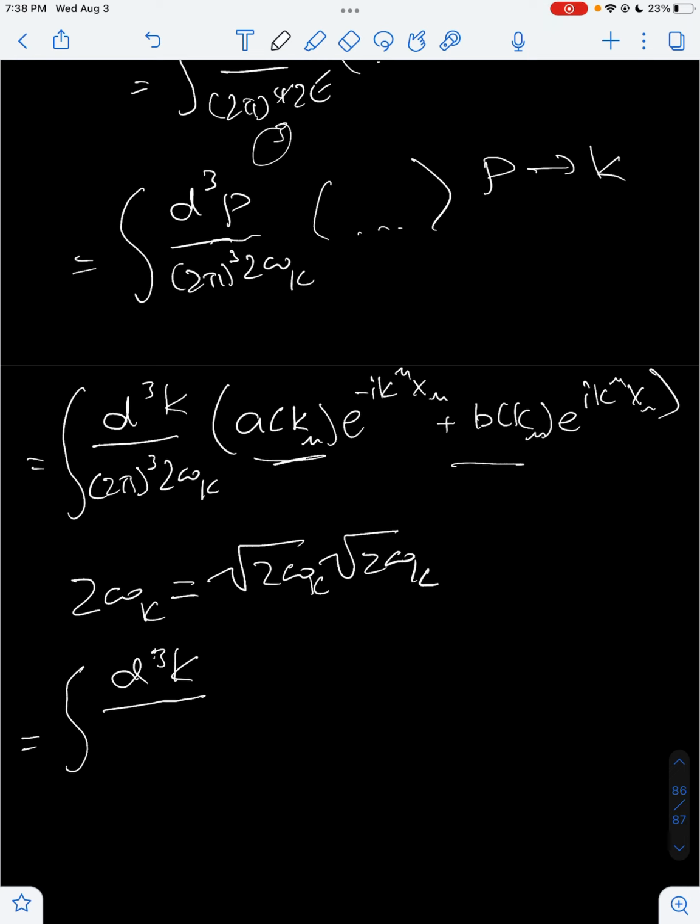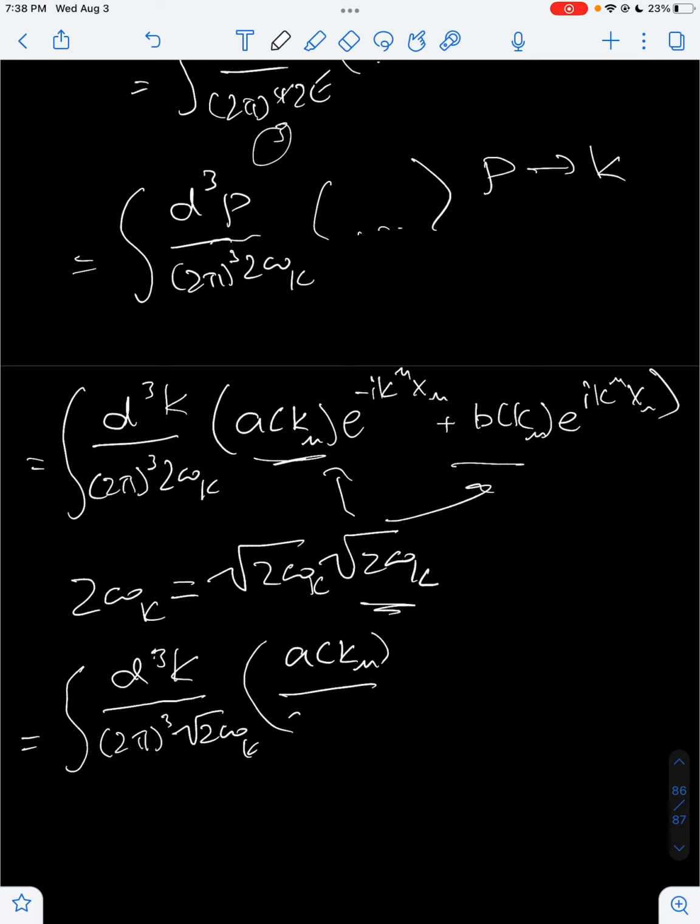I'm getting pretty tired right now, which is why I'm not using the exact language of the terms. But we can distribute one of these into our expression, and we get a of k mu over the square root of 2 omega k e to the minus i k mu x mu plus b of k mu